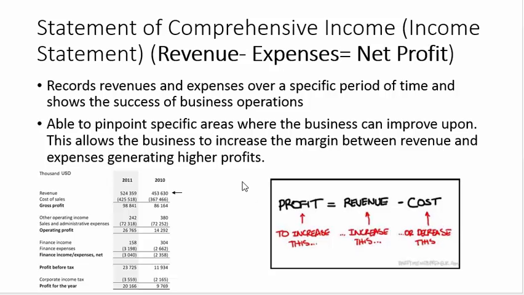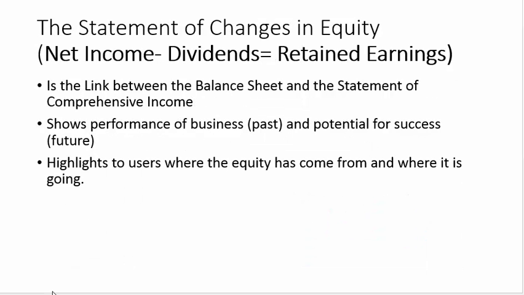Thus, this statement is able to pinpoint specific areas where the business can improve, including lowering wage expenses by laying off staff. The income statement is used with the balance sheet when calculating retained earnings in our next statement, the statement of changes in equity. This statement shows how the contributed equity has performed in a period. The net income from the income statement, together with dividends from the balance sheet, show the retained earnings of a business. This is a critical source of information for potential shareholders, as high equity means lower risk and sustainable growth